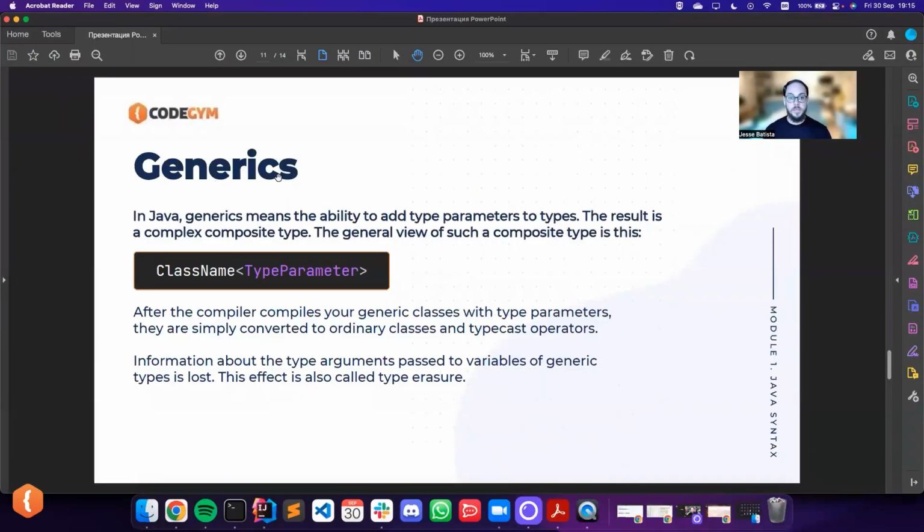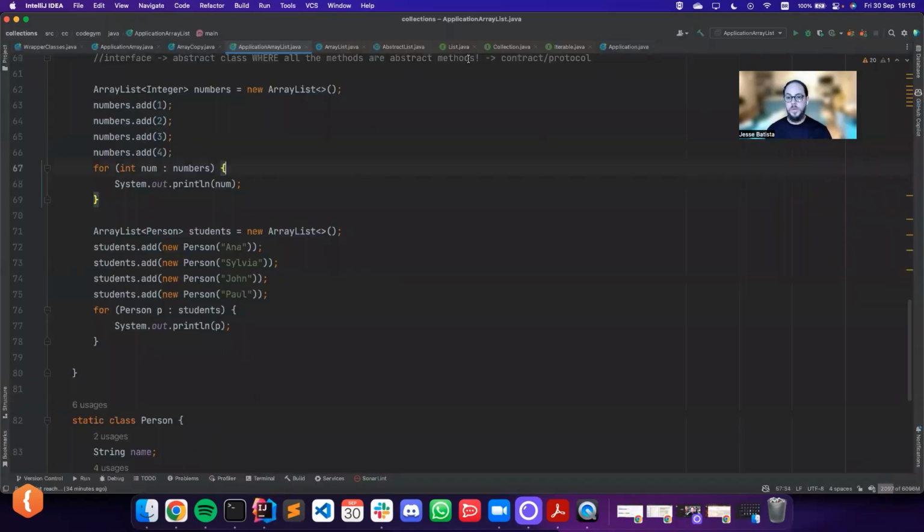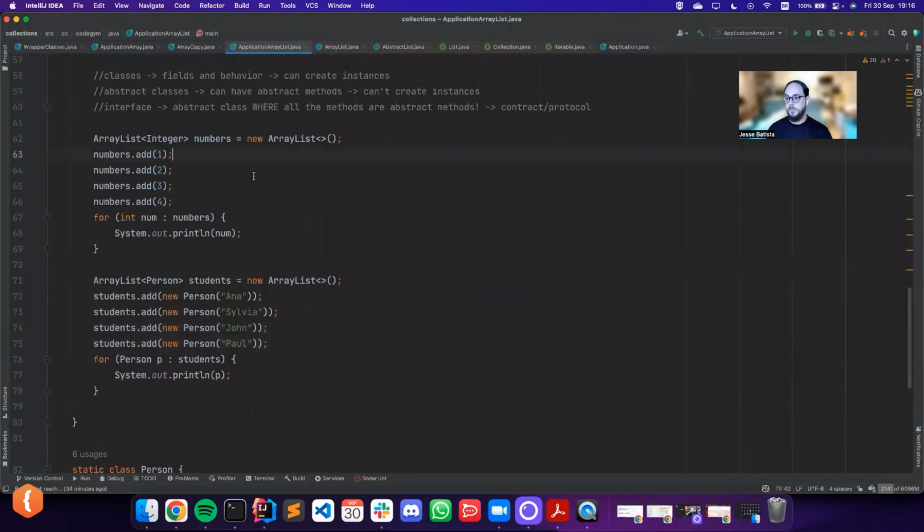What is generics? In Java, generics means the ability to add type parameters to types. The result is a complex composite type. The general view of such a composite type is like this: class name and type parameters. And the motivation for this was because in the beginning,